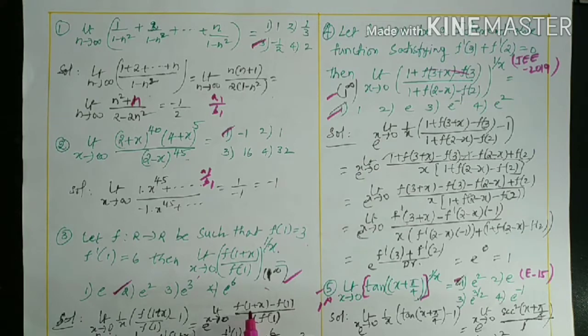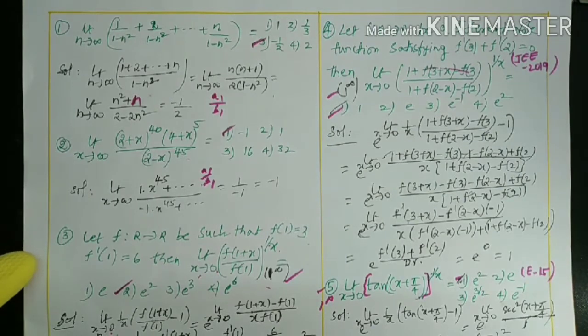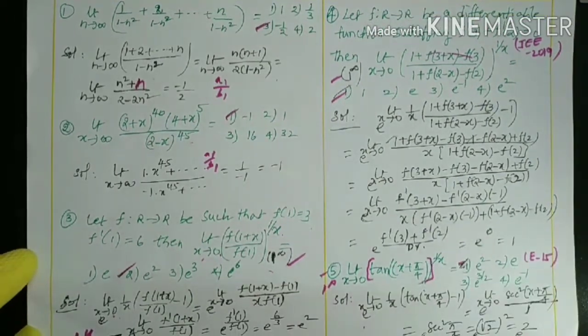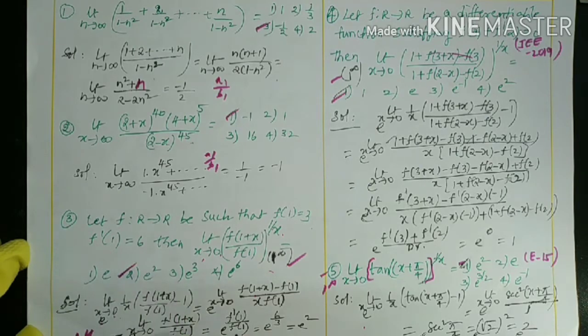You know x is 0 means f of 1 minus f of 1 is 0. With x 0, it becomes 0 by 0 form. I discussed 0 by 0 form in part 1; we can use the L'Hospital rule. What is the L'Hospital rule here? We apply the derivative of numerator by derivative of denominator. What is the derivative of f of (1 plus x)? It is f dash of (1 plus x). f of 1 is constant, so 0, and the derivative of x is 1, so it becomes f of 1 only. Now by applying the limit, x is 0, it becomes f dash 1 by f of 1. What is given for the f dash 1 value? 6, right? f of 1 value is 3. e power of 6 by 3 means e square. That becomes the second option.